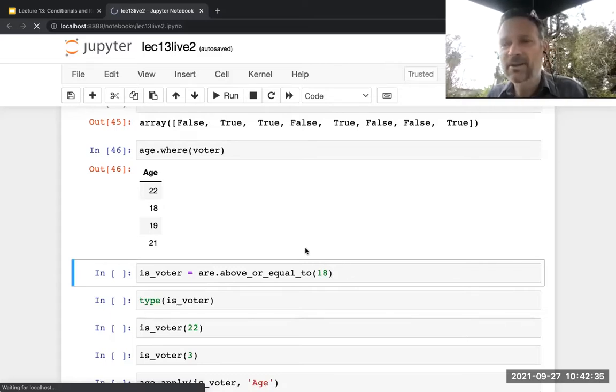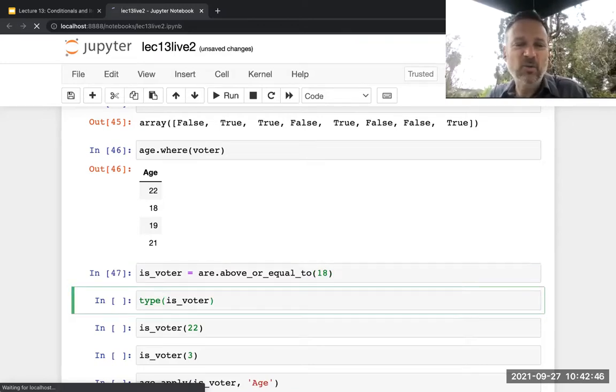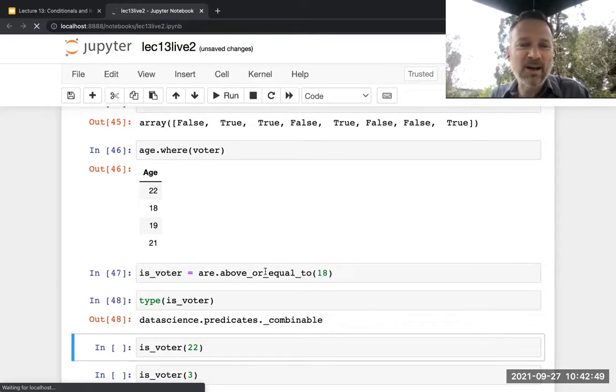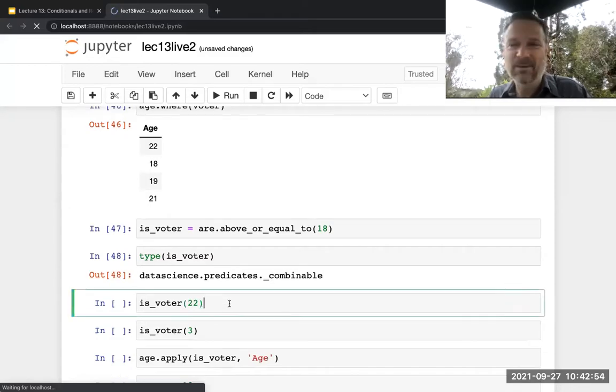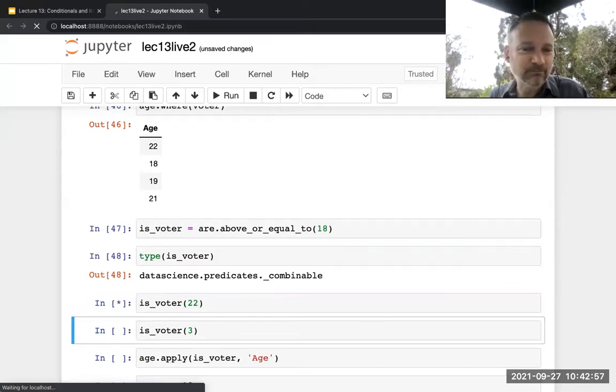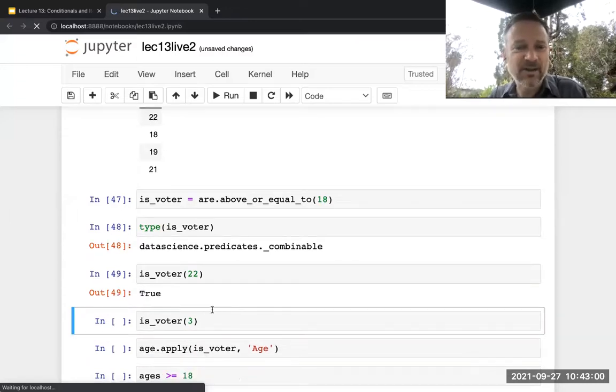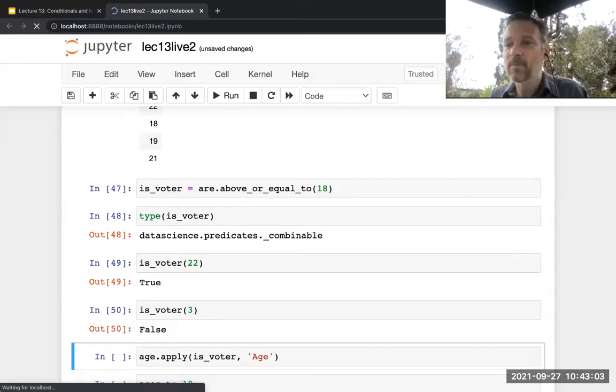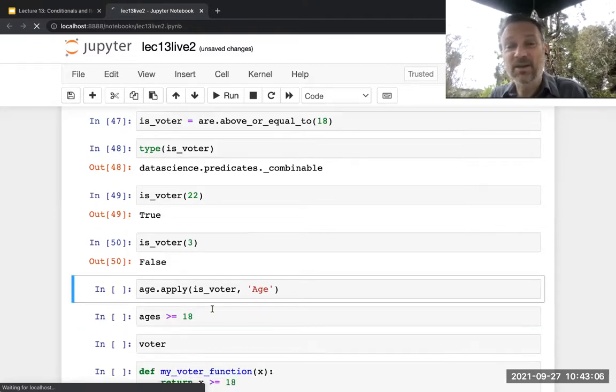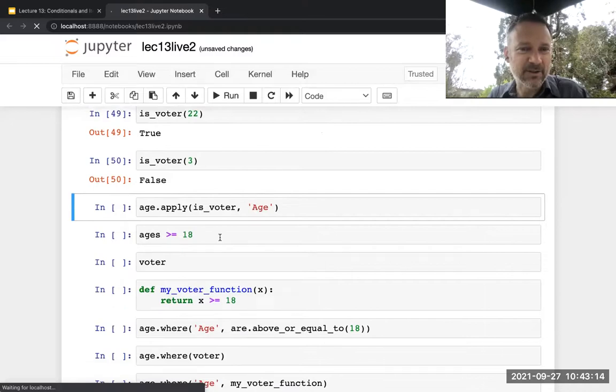Okay, so this is another way to select rows from the table. So we previously saw how to do this with the are dot above or equal to 18. That's essentially a conditional thing. It's kind of like a function that returns true or false. So you could either use one of these are dot conditionals, predicates, or you can use an array of Booleans.